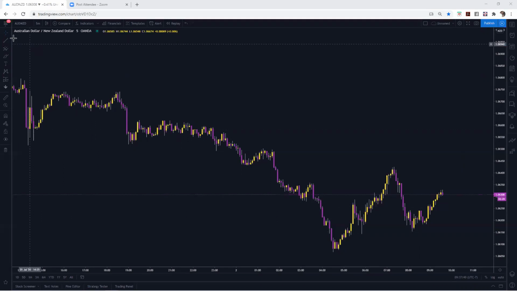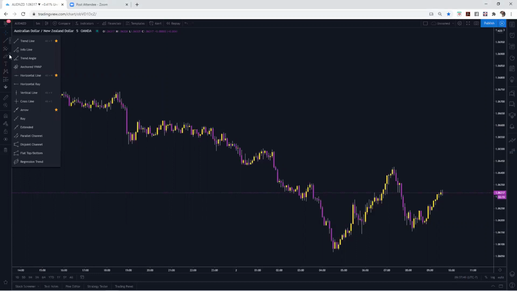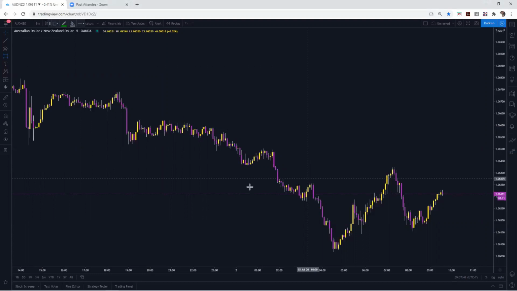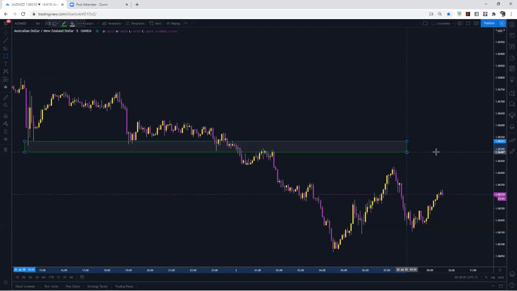So I'm gonna keep it real simple for you. We're gonna get our rectangle tool and we could just start drawing structure. Basically, what we're gonna use for structure is support and resistance. Okay, so right here, this is structure right here. So you can see